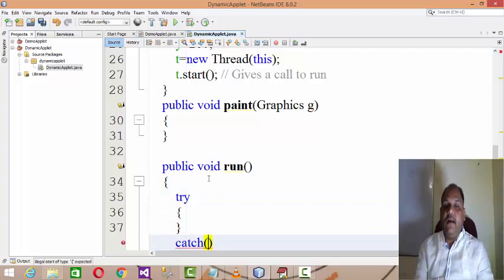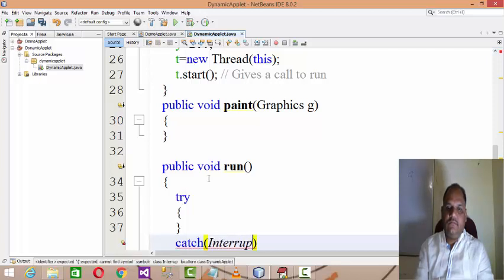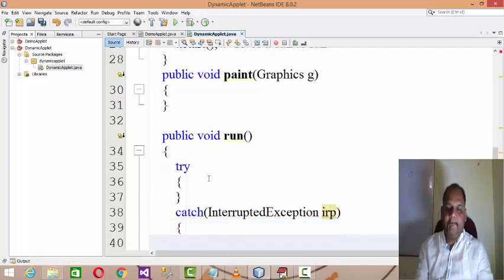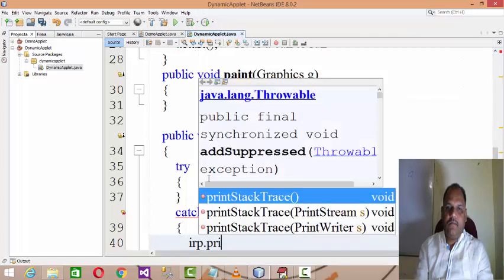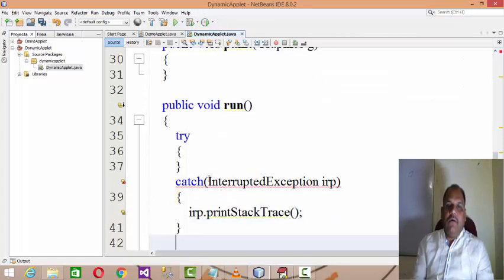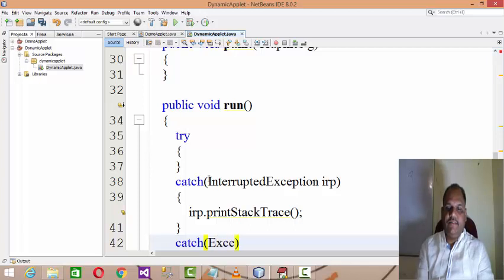Because you are going to apply threading logic, and you are going to call the sleep method, and the sleep method throws an exception called InterruptedException. And apart from this, if any other exceptions are there, then they need to be caught by the general Exception.